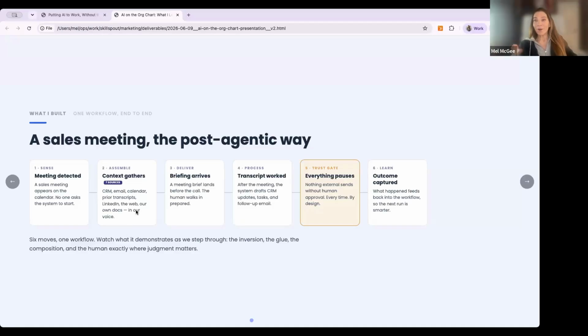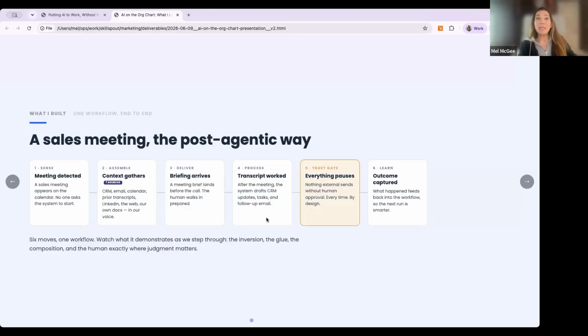Then utilize our voice. When I say our voice, I mean I have different skills that know how to write in the style that I typically write in, or our brand voice, etc. So it's gathering all this information. It's over 7 sources. And then it delivers a briefing to me. A meeting brief lands on my calendar before the call so that I can walk in prepared.